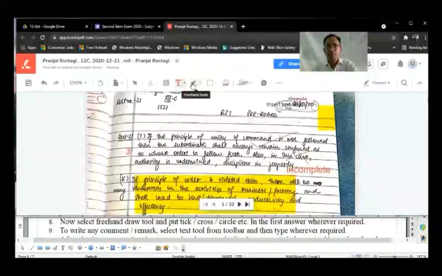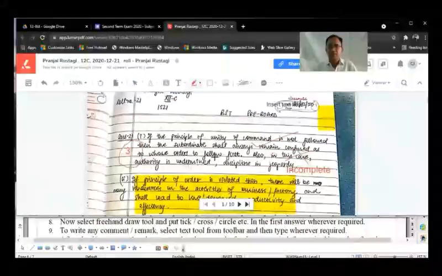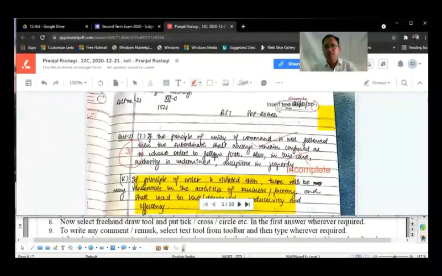Now choose the pen tool next to T and draw a circle around this 3. This answer is checked, marks are given. In similar manner, you keep checking the remaining answers, give remarks wherever required, give marks to every answer, and then sum up the marks. Calculate the total marks.